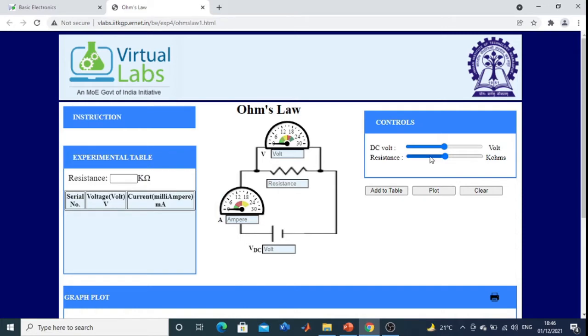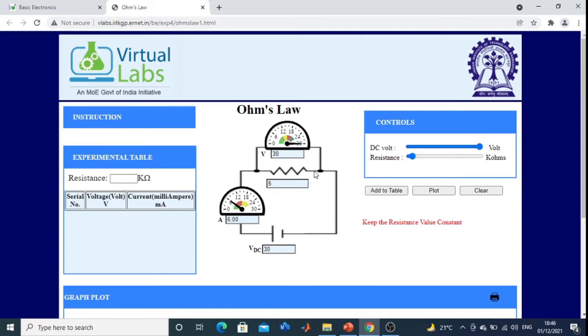Suppose I take 5. Then the DC voltage, suppose I take 30.